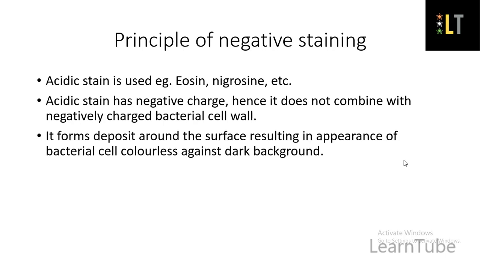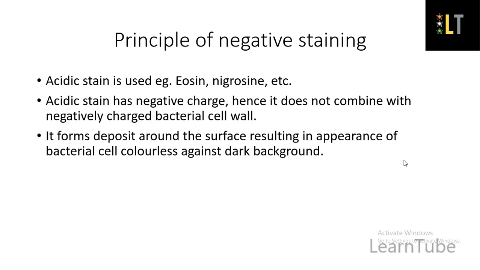So now we will see the principle involved in negative staining. Now as we had discussed in the last video of monochrome staining, the stains which we used in monochrome staining were basic stains, but here in negative staining we'll be using acidic stains, for example eosin, nigrosin, which carries negative charge